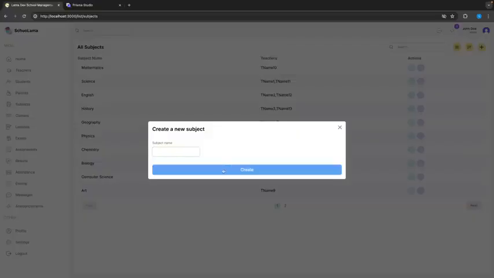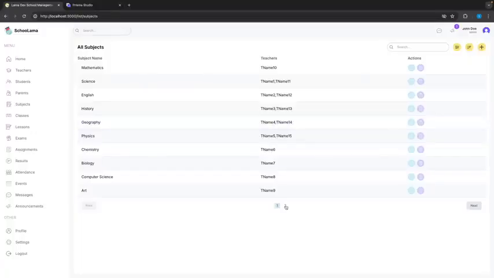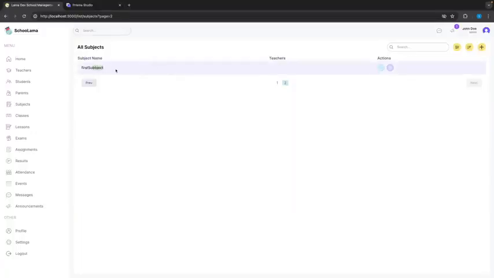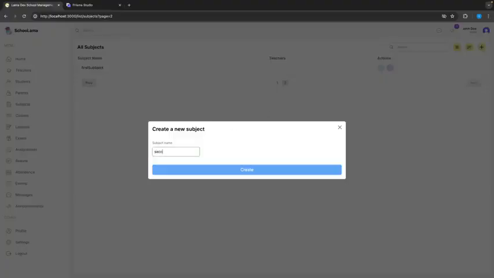I will create, and as you can see, it added one more page here. Let's see. I'm going to open, and it's here. Let's create one more. I will create, and it's immediately here. But if we have any problem,